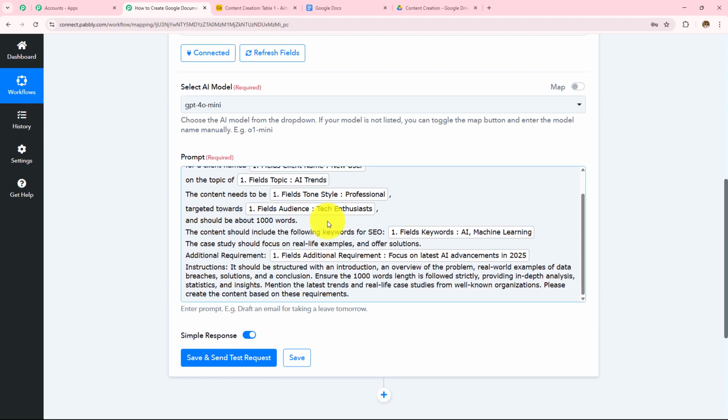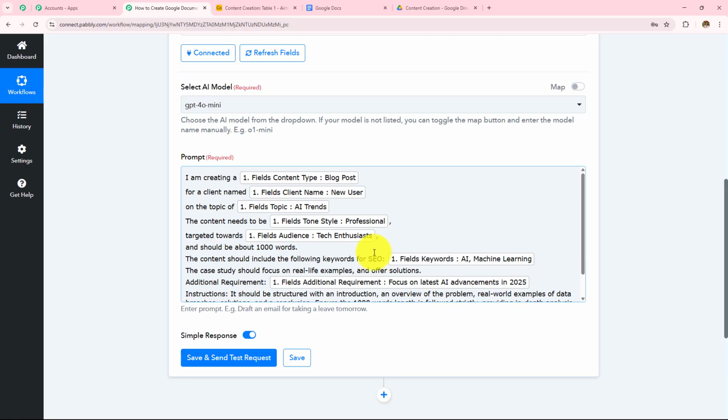Now here I have added the prompt and I have mapped these details. Mapping is important so that every time you receive a new response, it is taken into consideration in these fields. Manually entering the data will make these fields static and the information will not change even if you have received a new response. Over here, if I manually enter any detail, this field will become static, and every time I receive a new response, the result will not change. So to keep this field dynamic, we use this process of mapping instead of manually entering the details.